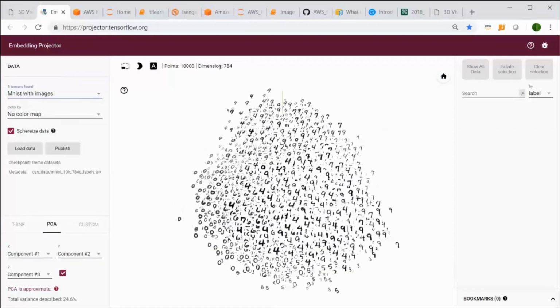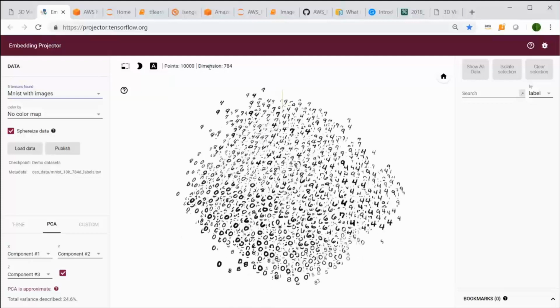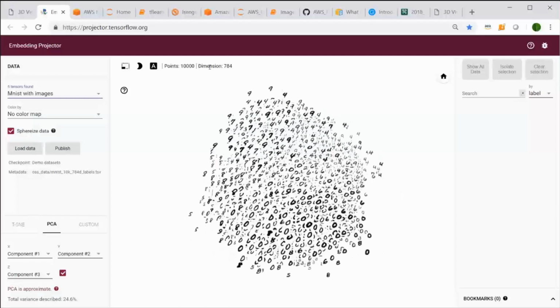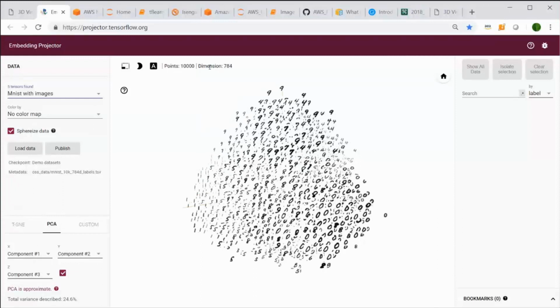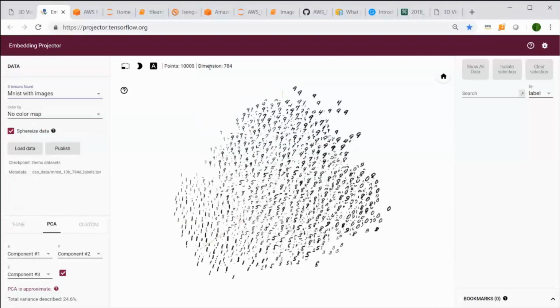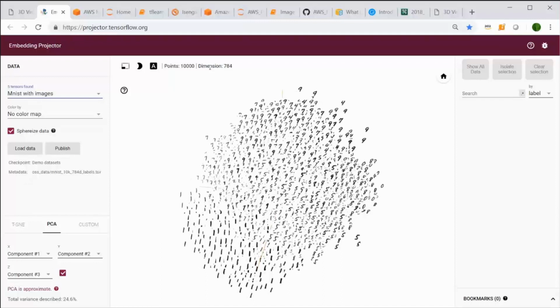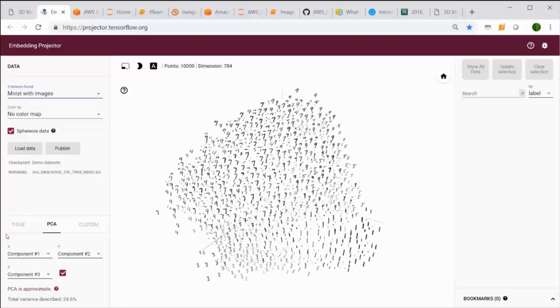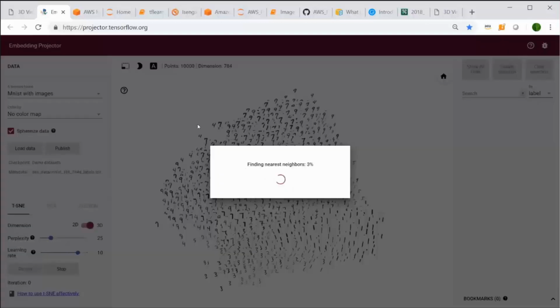If you think about data complexity, one dimension we can visualize. That's just a line. If you have two dimensions, that's a plane, right? If it's three dimensions, that's a space. 784 is going to be very hard for us to visualize. So instead, we're using something called t-SNE, which is a way of doing dimensionality reduction. You're essentially looking at three dimensions that humans are still able to visualize, but they are the most important three dimensions of this data set.